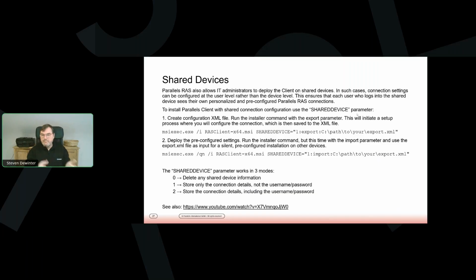Then you're using the same device, but you don't want to use, of course, the same credentials. There is a possibility that once you have made your configuration, you export your connection settings, and you can do that again with MSIX, and then you use the shared device parameter. And then there is a little trick, and I don't have a lot of time to go into details, but